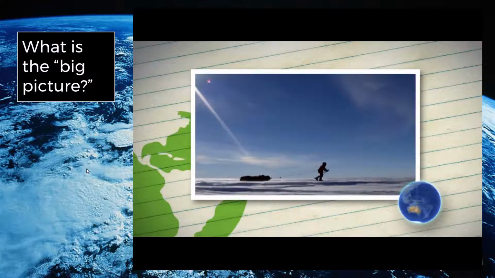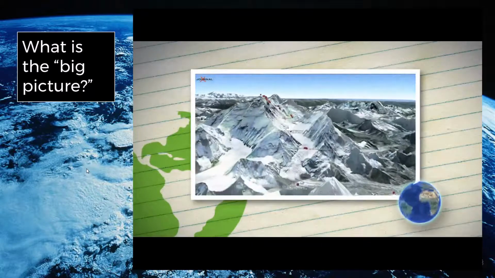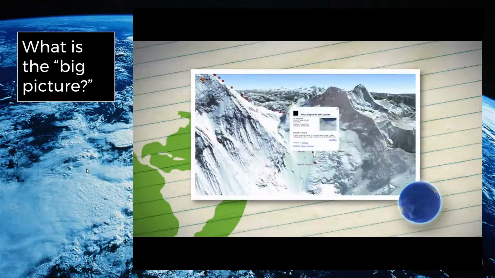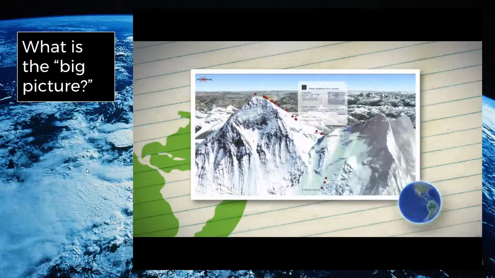Once we're on the expedition, from the field, I can send an email that sends out my blog post, a picture, and my GPS position, my latitude and longitude. And that goes right into a Google Earth layer that marks that on the map. So people can zoom into Google Earth, they can see my route on Everest all the way up to the summit. It allows us to be able to understand our planet and be connected to one another in a way which we've never been able to.